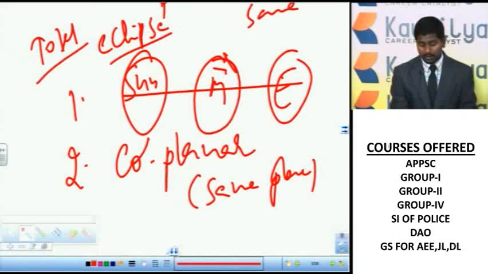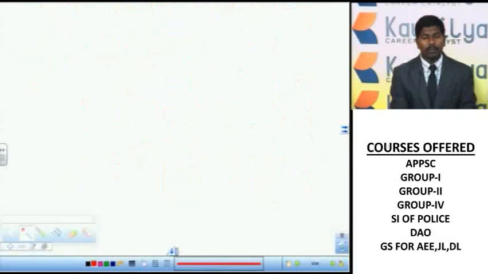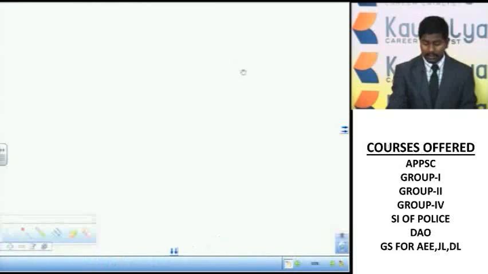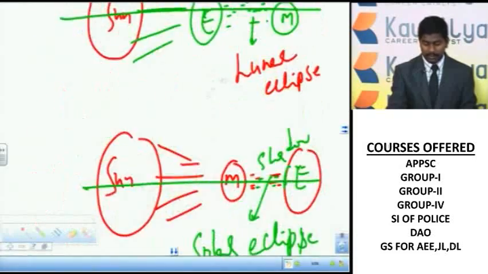But in general, in a month you will get two partial lunar eclipses, or in a month you will get one partial lunar eclipse and one partial solar eclipse. Okay. Now first let me explain again the solar eclipse. You can see in the picture, it is a picture which explains the